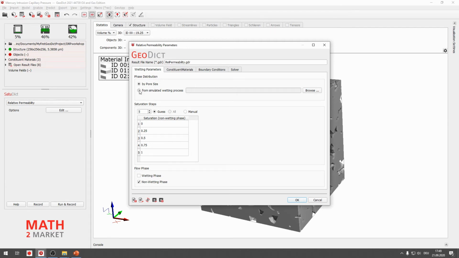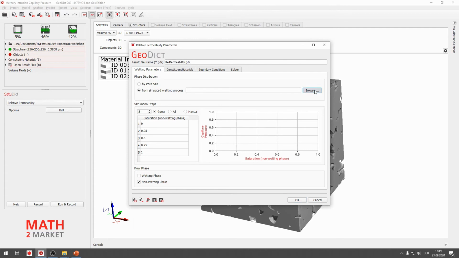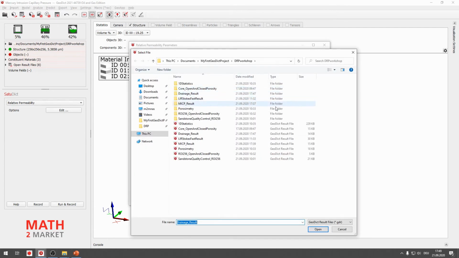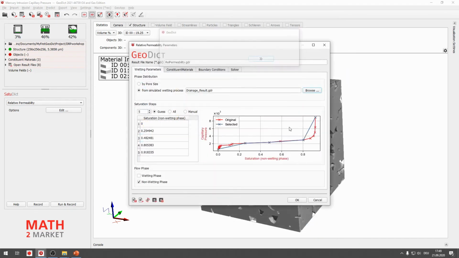So we click From Simulated Wetting Process and browse for our drainage result. Okay, just choose the drainage result file and open it. And you will get a preview of the capillary pressure curve.